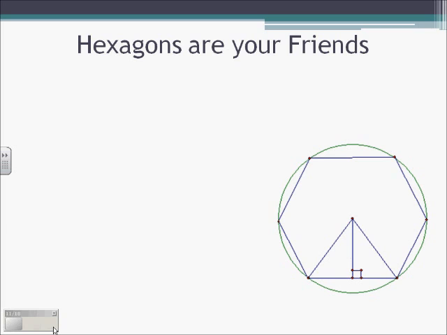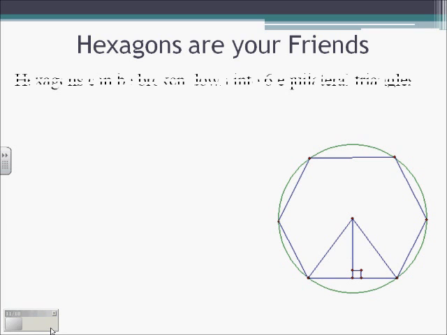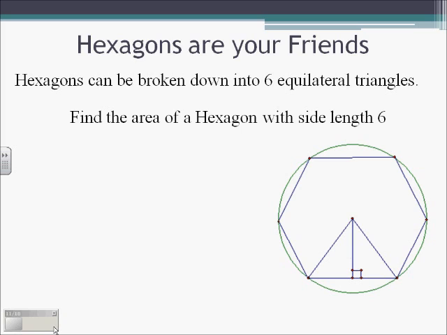Hexagons are going to end up being our favorite shape. Those are our friends. Because hexagons can be broken down into 6 equilateral triangles, we can use our equilateral triangle formula to find the area of one of them and then just multiply it by 6. So if we're going to find the area of a hexagon with side length 6, we're going